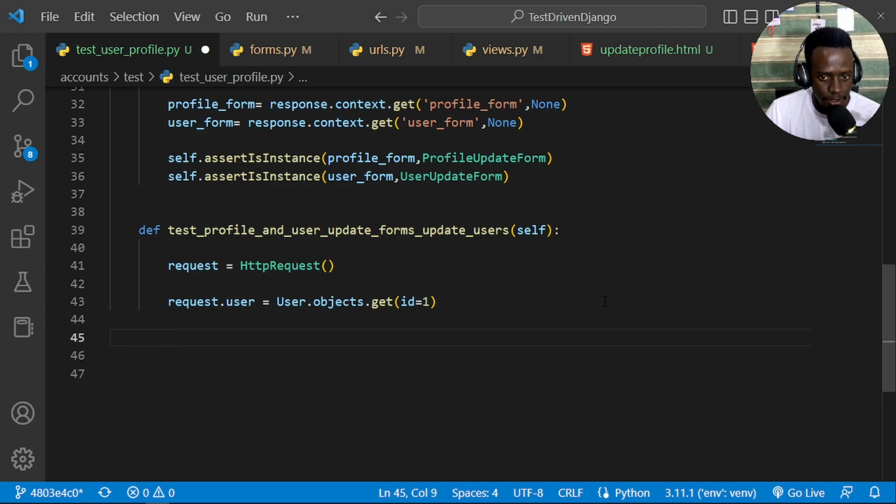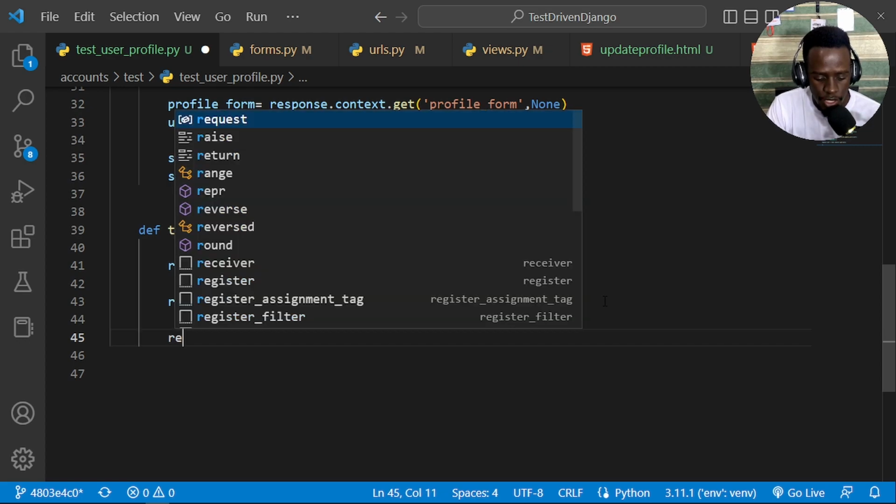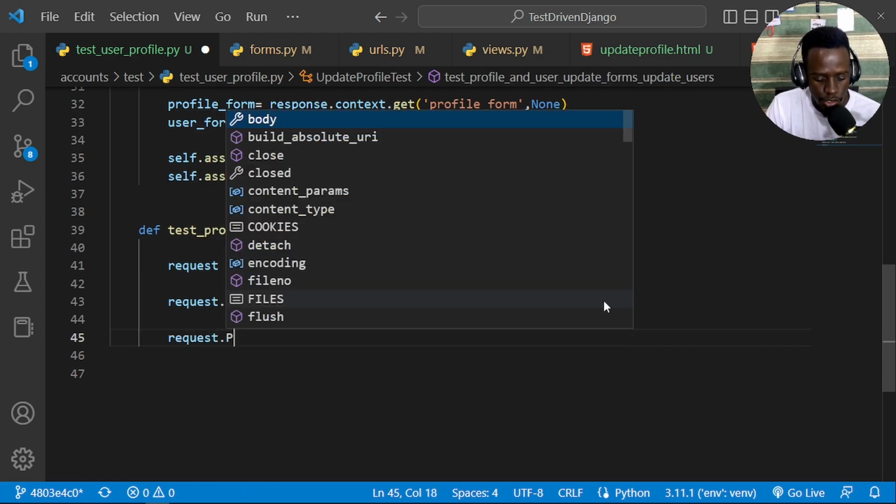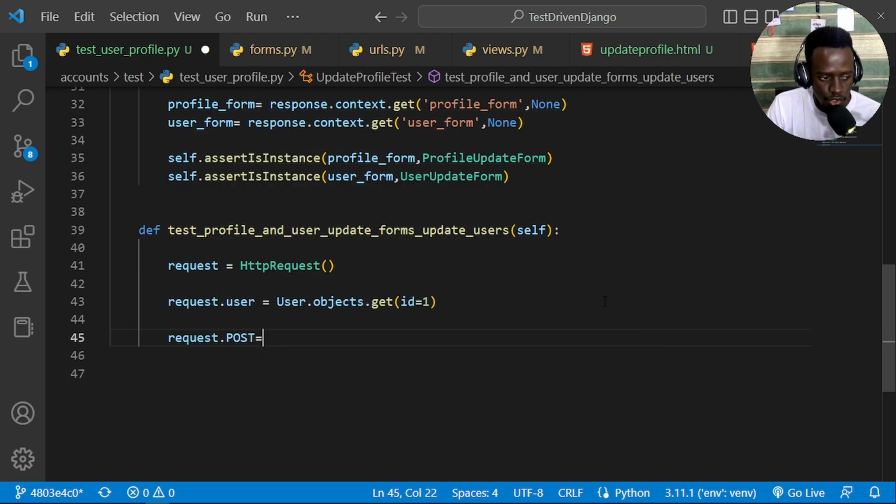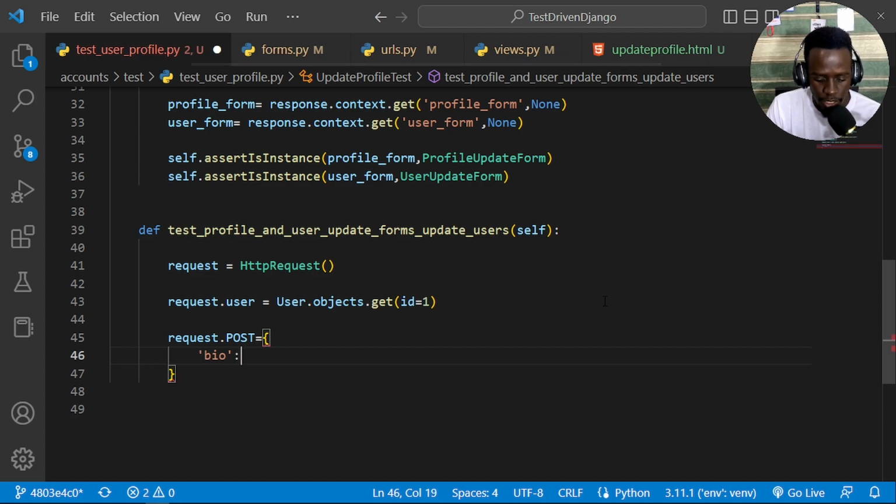And right after doing that, the next thing we're going to do is to also associate this request with some post data. So the post data we're going to have is going to be a combination of both the profile data as well as our user data. So I'm going to do that with request.post, and in this case we shall now go ahead and create this as a dictionary, and this is going to have information such as our bio. So we shall have our bio, and then our bio in this case is going to be some sample text. So let's just say sample